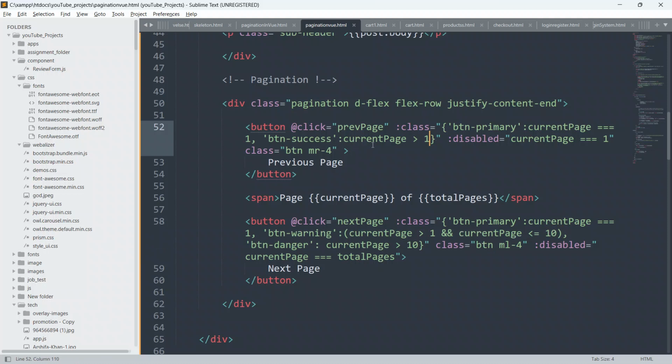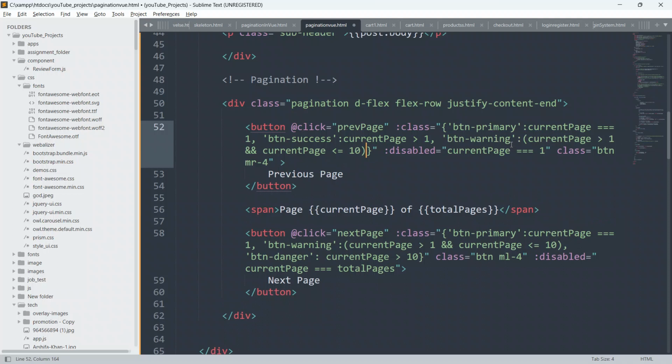I will apply button secondary if the current page is greater than 5, and the current page is less than, yeah, just test it.